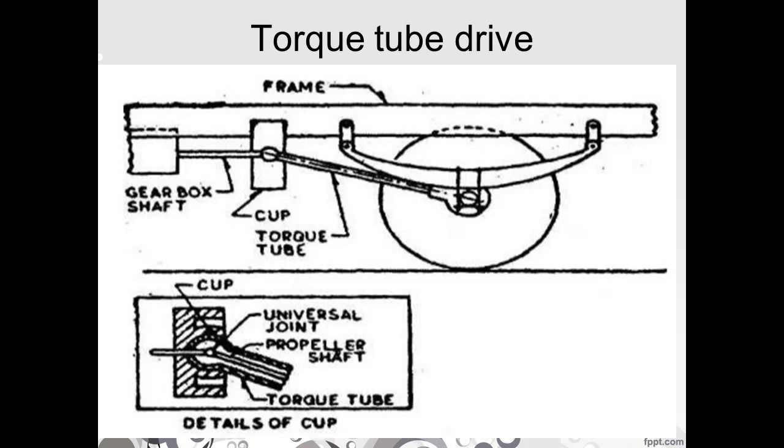These torque tubes are made tubular and usually go around the propeller shaft. One end of the torque tube is attached to the axle casing, while the other end, which is spherical in shape, fits in a cup fixed to the frame, that one you can see in the drawing. As the torque tube takes torque reaction, the axis of the bevel pinion shaft will not change and always passes through the center of the spherical cup.